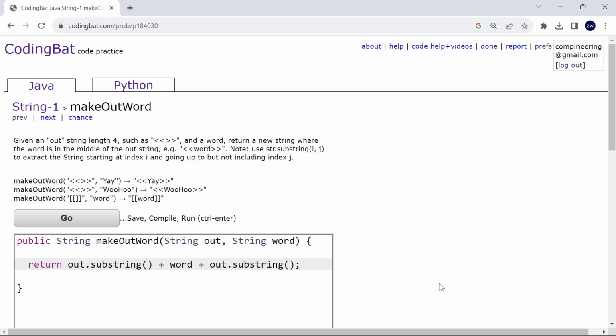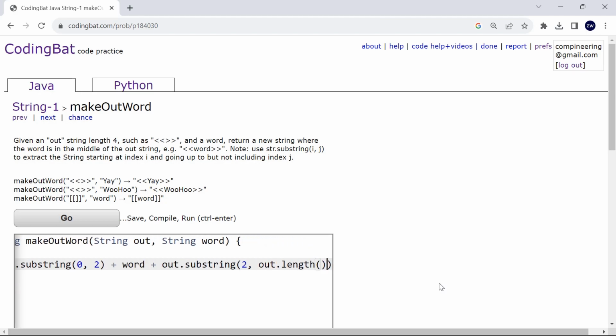So the first substring, we're going to get the first half of the string out, and for the second substring, we're going to get the second half of the string out. So for the first half, it's going to start from index 0, the first character, and then until index 2. So that would be the first half. And then for the second half, it's going to start from index 2 until